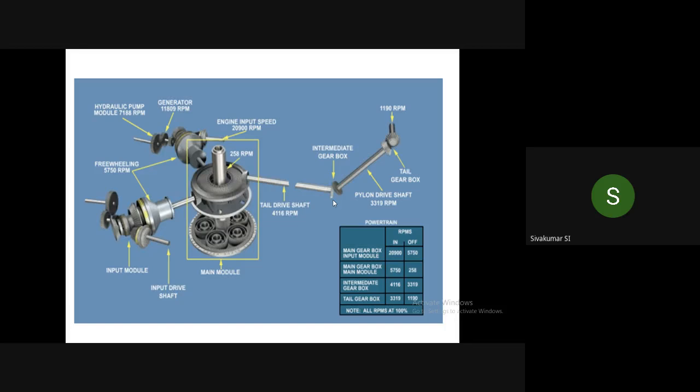I will show that structure. This is the mechanism. You will see the gears, gear ratio, and here the pylon drive shaft going to the gears, then going to the tail gears and the tail gears to your tail rotor. So this is the RPM